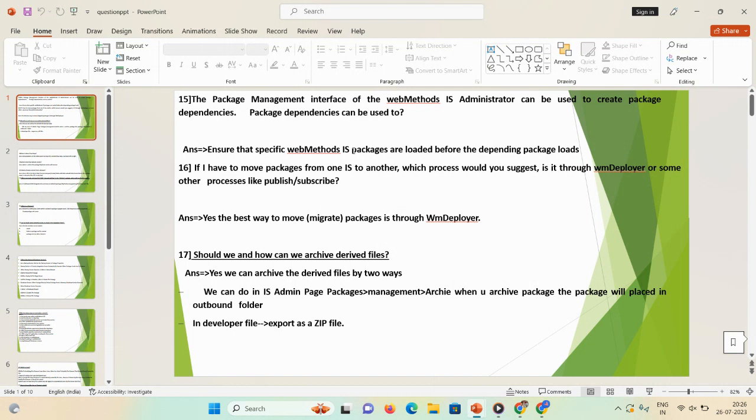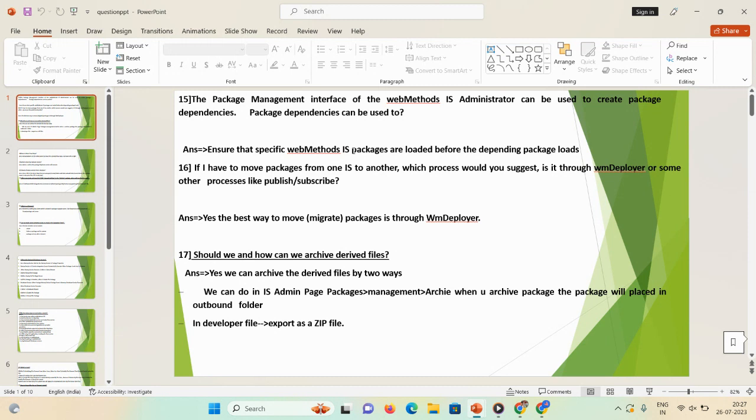It ensures that specific webMethods Integration Server packages are loaded before the depending packages load. So let's say you created one flow service, and in that flow service you invoke one Java service. So one service invokes another service, which invokes a third one, a fourth one, a fifth. In that case, you need to mention the package dependency, and that option is available in properties.